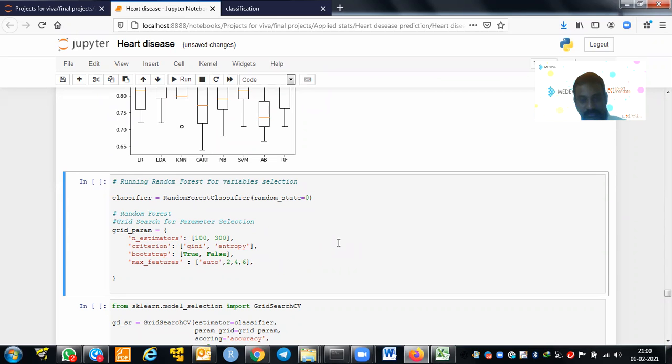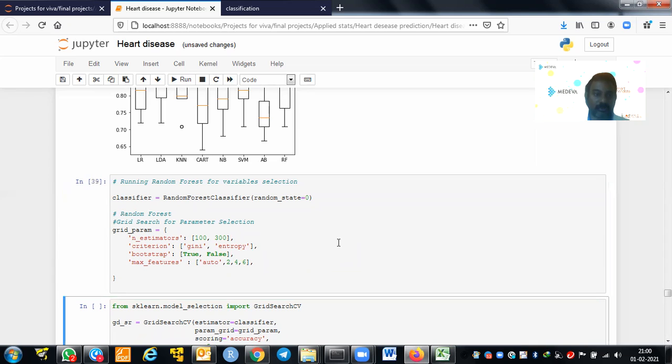Because random forest, even though it is a very powerful technique, cannot be interpreted. So that's why we are using the techniques based on their strengths. We are using random forest to find the key variables and using logistic regression to build the model, because logistic regression is a linear model and we can easily interpret it. That's what we are doing here.